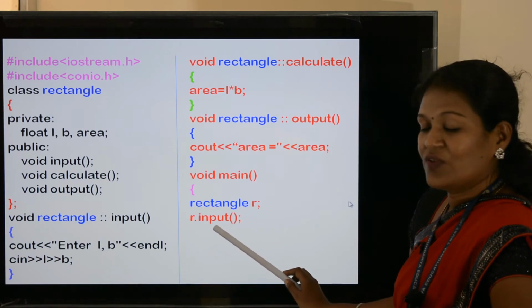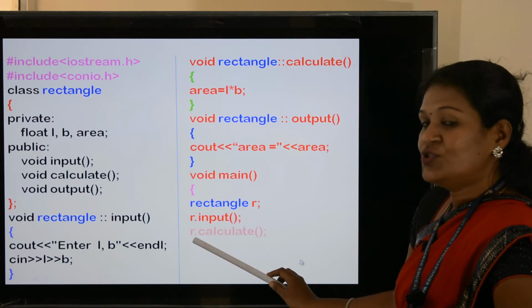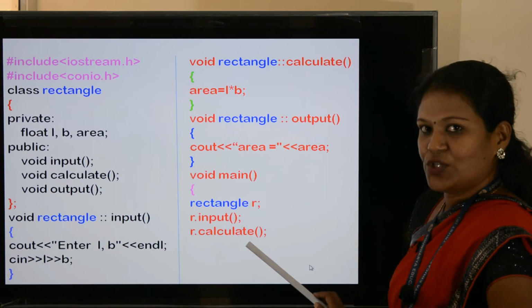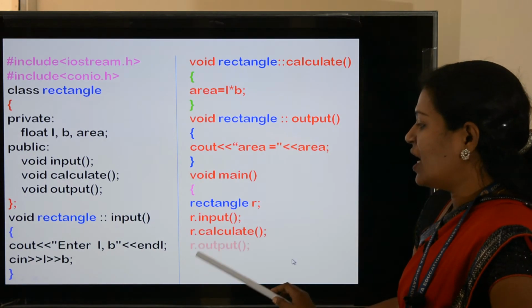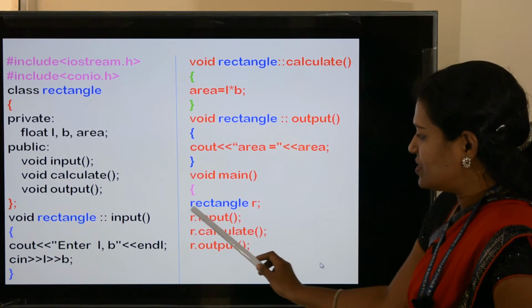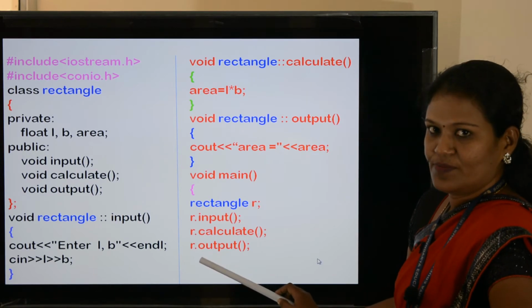R dot input function, R dot calculate function, R dot output function. These three steps are for accessing the functions.